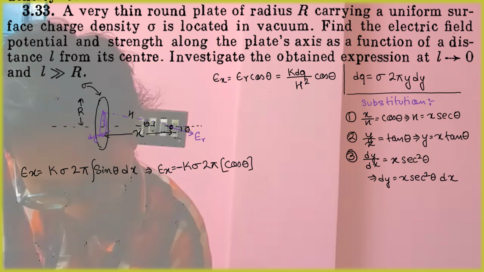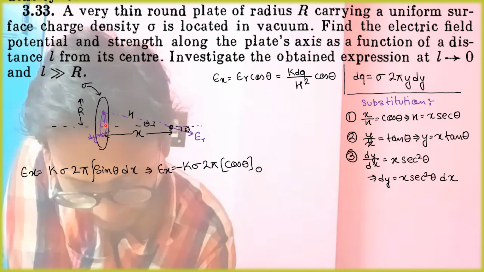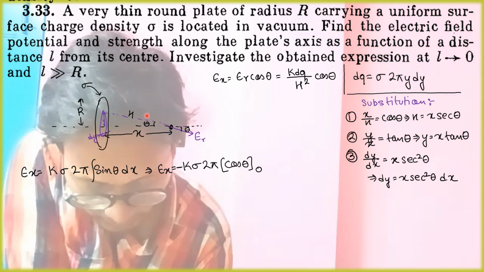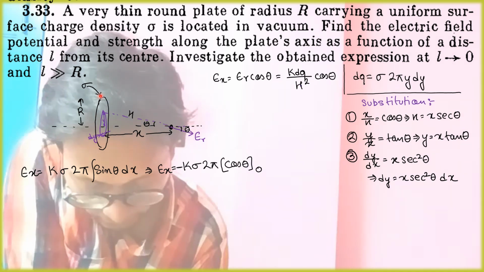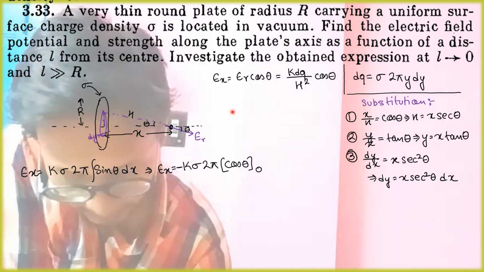I'm taking this minus outside. And what is the lower limit? 0. I have to start integrating from out here, no? I have to reach out here. What is the value of cos theta out here? The value of cos theta at the extreme position would be nothing but